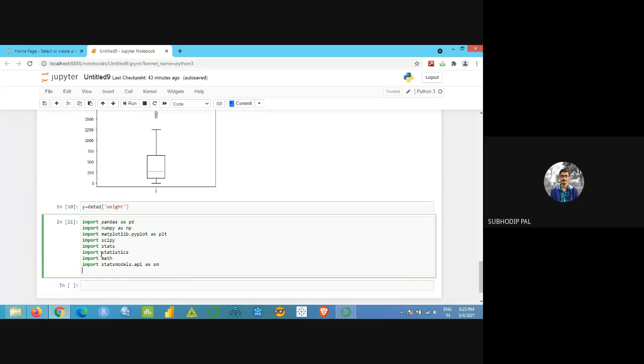Yeah, I have made a mistake. You have to write it from SciPy, because stats will be imported from SciPy. From SciPy import stats. This is how you have to write it.